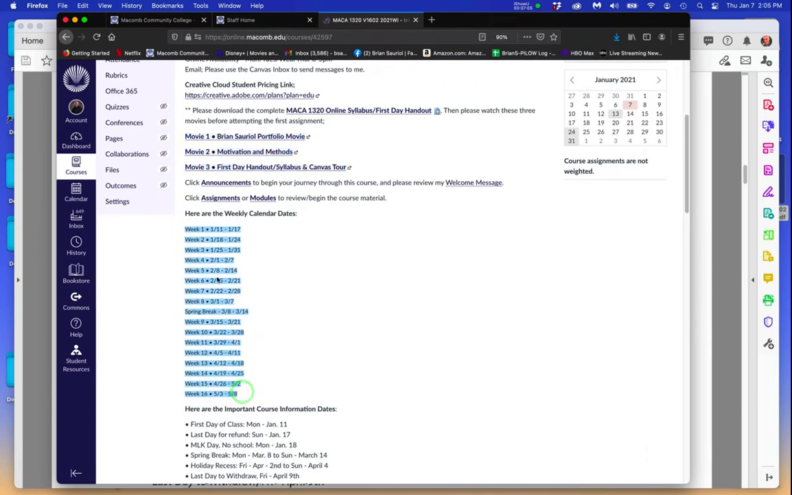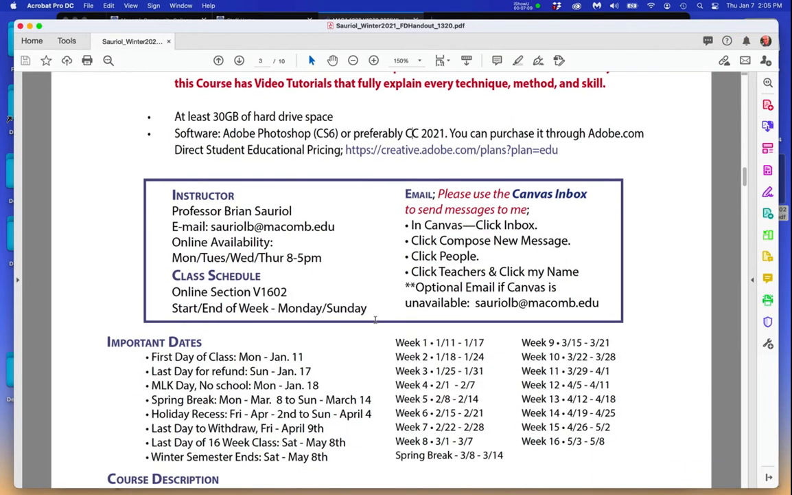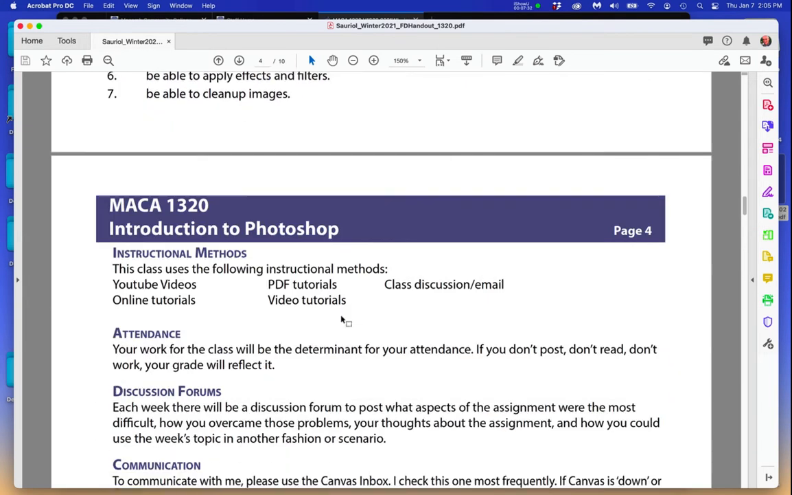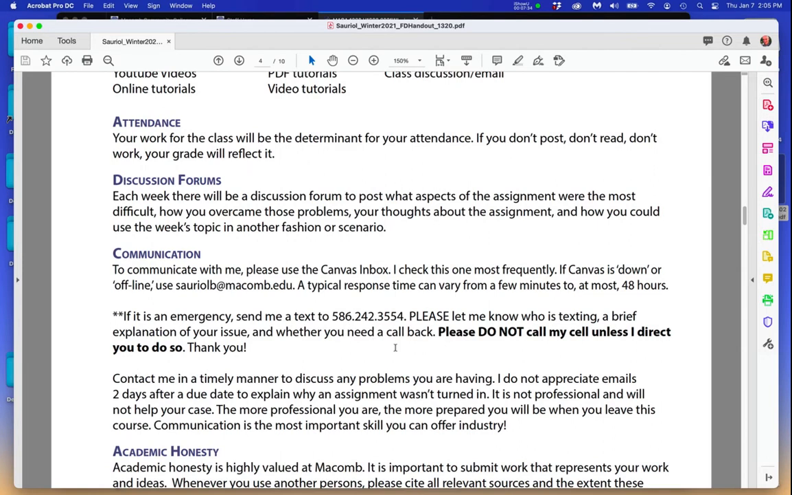Now this listing right there is also in your first day handout. So if I go down here, you can see in the first day handout, it's the same list right there. It just tells you which week is which week, all right? And these are the important dates of the semester. So your first day of class all the way to the spring break, the holiday recess, last day to withdraw from the class if you have to, I hope you don't, and when the semester ends. It has a course description, and then it goes through all of this material here